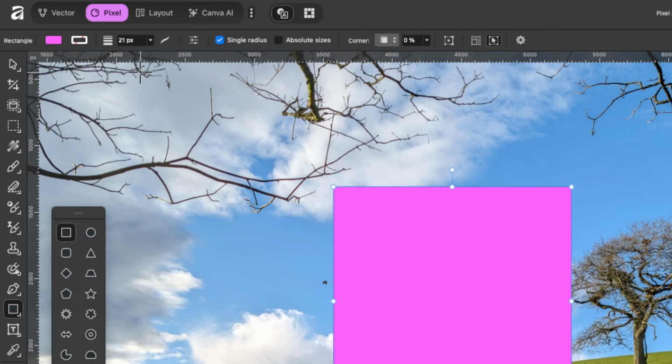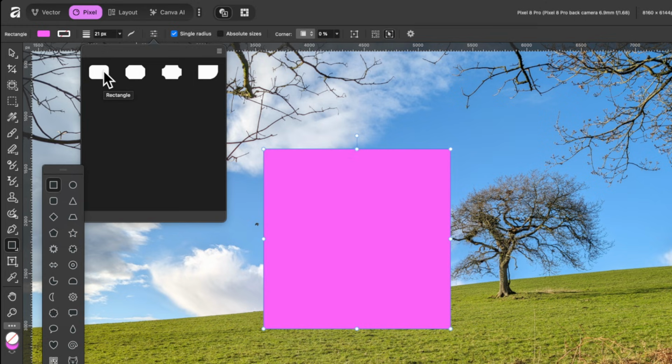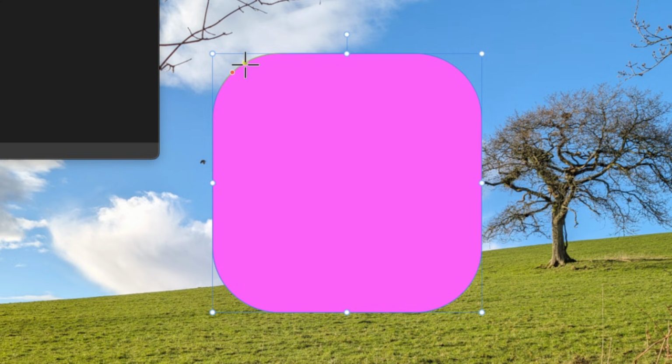So if you look in the context toolbar, you have the usual options, your fill, your stroke thickness, but also you have this option here. This is called presets. So when I click on this, I can decide what kind of corners I want. I can have rounded by just clicking on it, and now they're rounded. And I can choose any of the other presets, but if you look, there is a little red dot there.